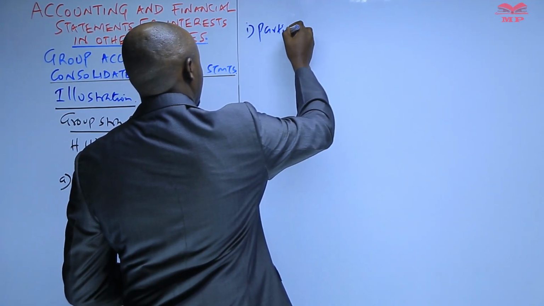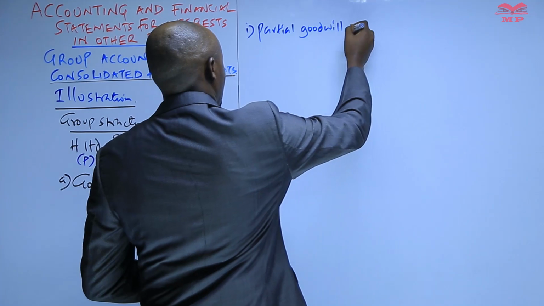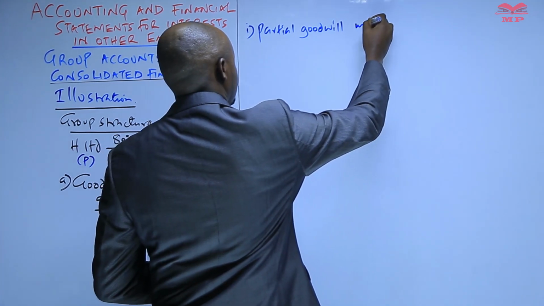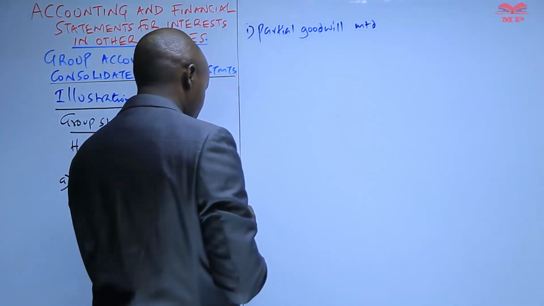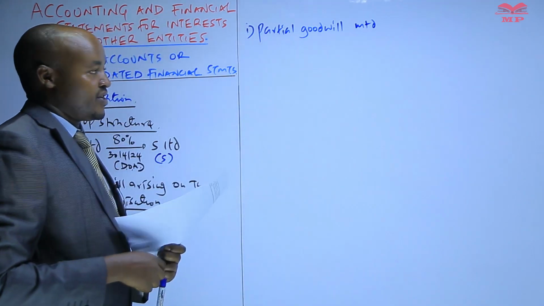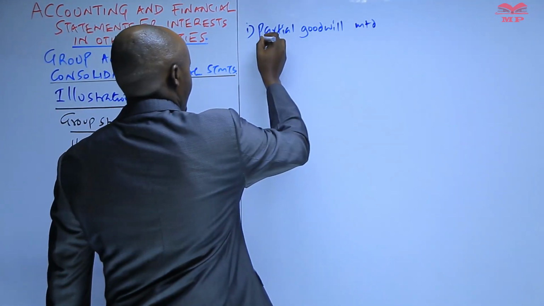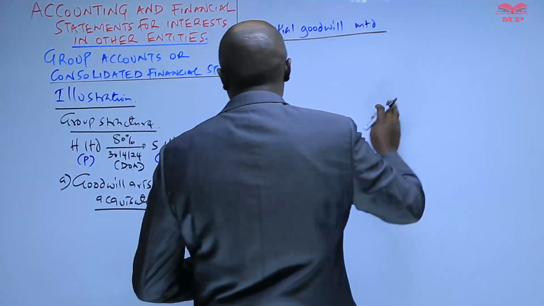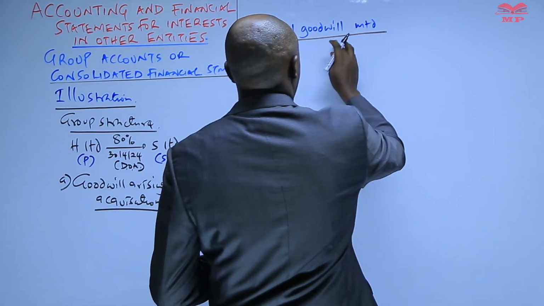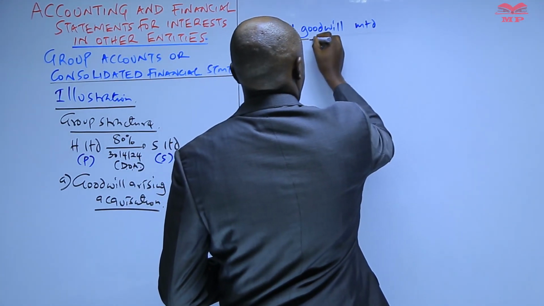Under the partial goodwill method, we have said that we compute the goodwill attributable to the parent entity only. And basically to compute this, we need to have